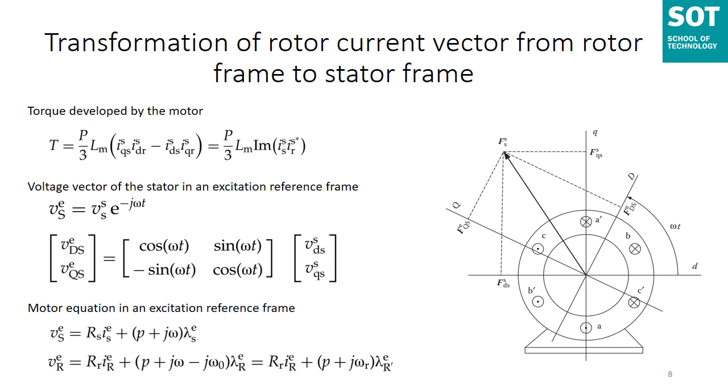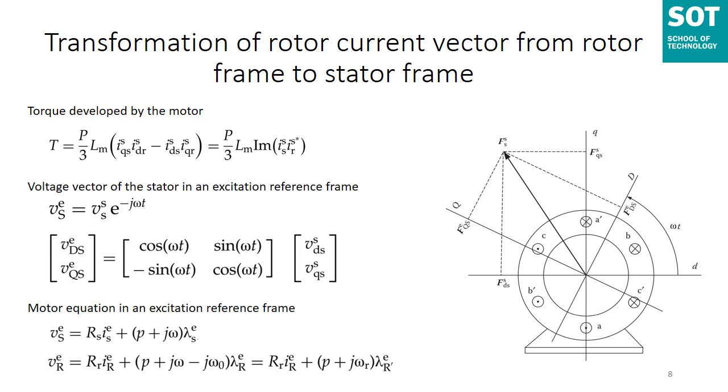We will take a similar approach to what we have taken up till now. Here small p, which you are seeing in both the equations, is nothing but equivalent to d by dt. And in the second equation you would see an expression omega r. Omega r is nothing but the slip speed, which is equal to omega minus omega naught. I repeat, omega r in the very last equation, RHS, p plus j omega r lambda r, is nothing but the slip speed, which is equal to omega minus omega naught.